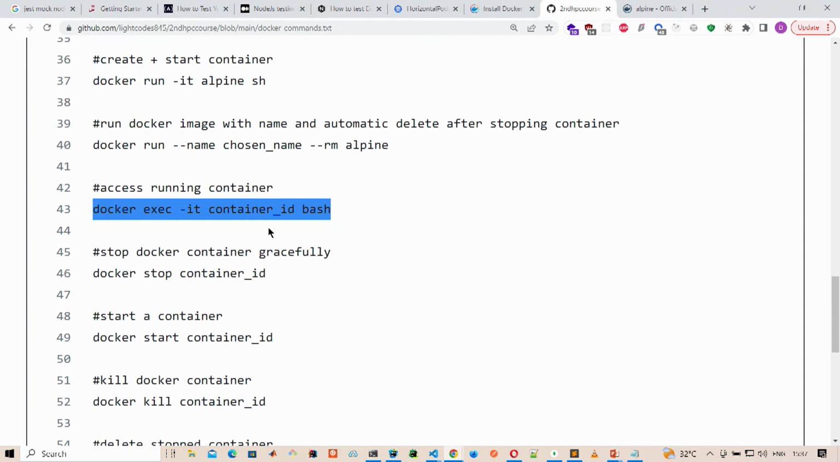So anywhere you see container ID, you can also use container name. Just note that. Where you see container ID, you can also use container name. If you see container name, you can use container ID. So to get my terminal access or my bash access to the container ID,